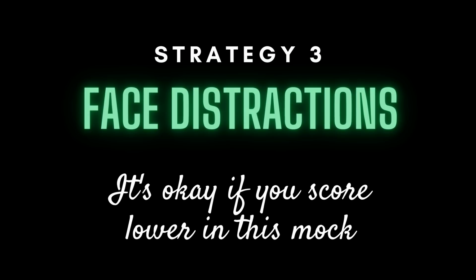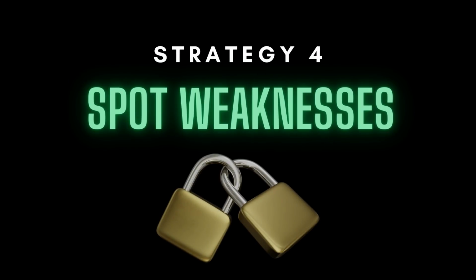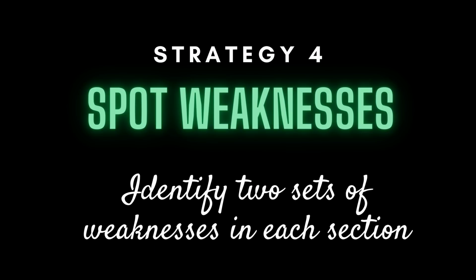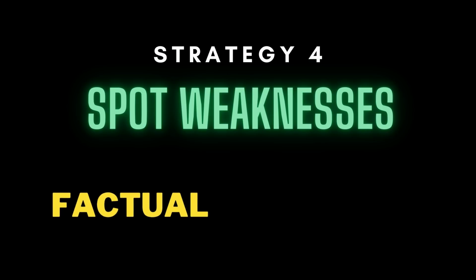See, when you sit to analyze it, you need to spot your weaknesses in couples. By couples, I mean that every time you take a mock, identify two sets of weaknesses within a particular section. So let us say that you are analyzing the VARC section. First of all, consider every section to be a separate paper. When you are analyzing VARC, sit to decide that you are going to identify two sets of weaknesses. First set could be, let's say in the VARC section, you find out that you are making factual mistakes again and again. That is one set of weaknesses.